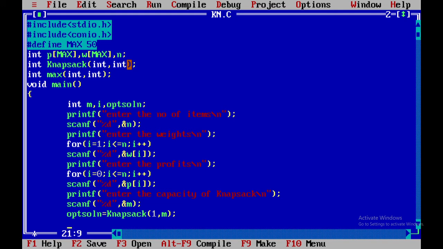Next, printf, we can print the solution, that is the optimal solution is percentage d, comma,